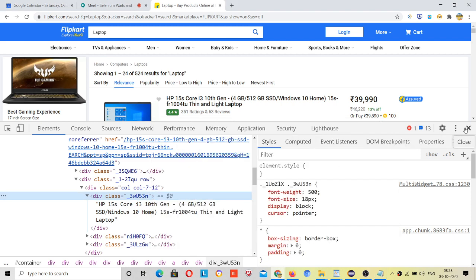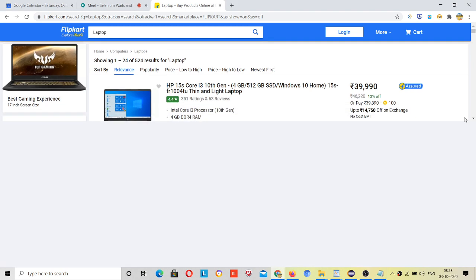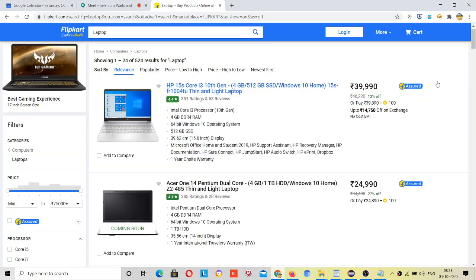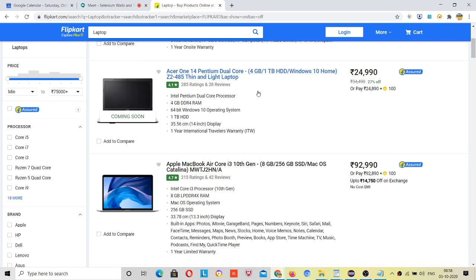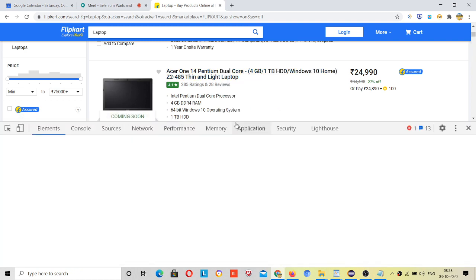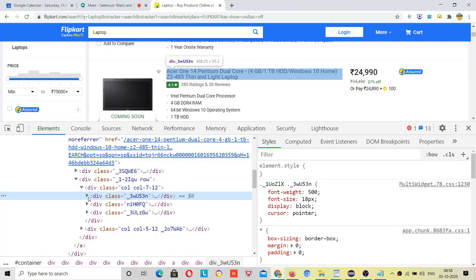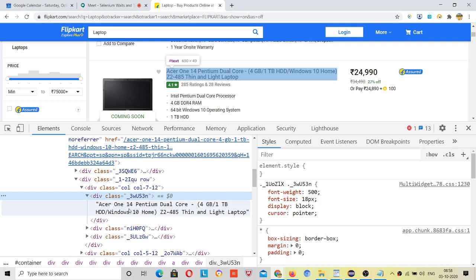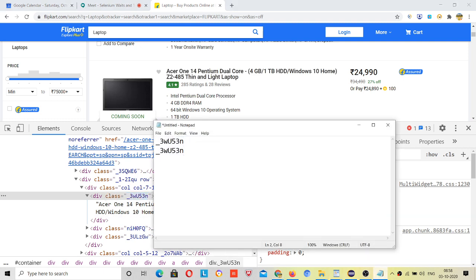Now I will inspect the second div. Right click, inspect this. Now explore it, see. Now data is SR114, but this class is used. Okay, I will paste it. Now you can see these both are matching, right?